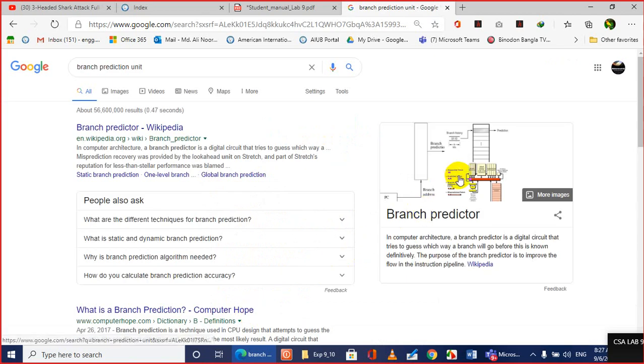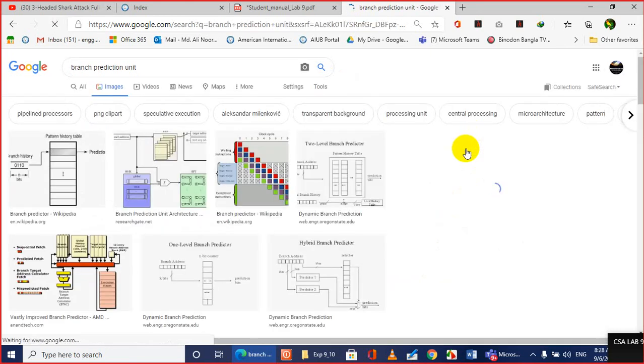Okay, look at over here. In computer architecture, a branch predictor is a digital circuit that tries to guess which way a branch will go before this is known definitively. The purpose of the branch predictor is to improve the flow in the instruction pipeline. Look at over here, there is a small diagram of the branch predictor. Branch prediction unit architecture.